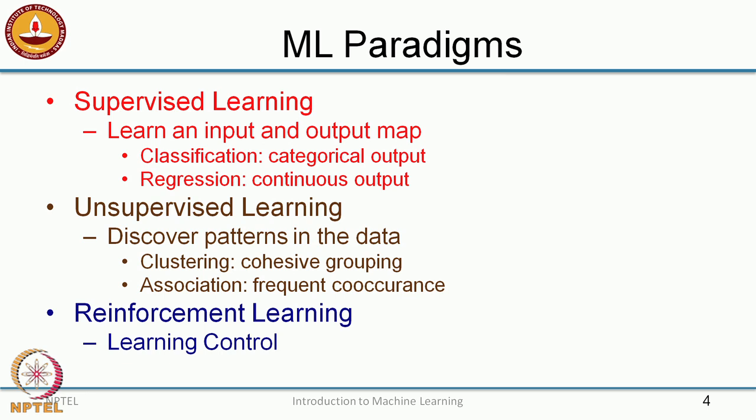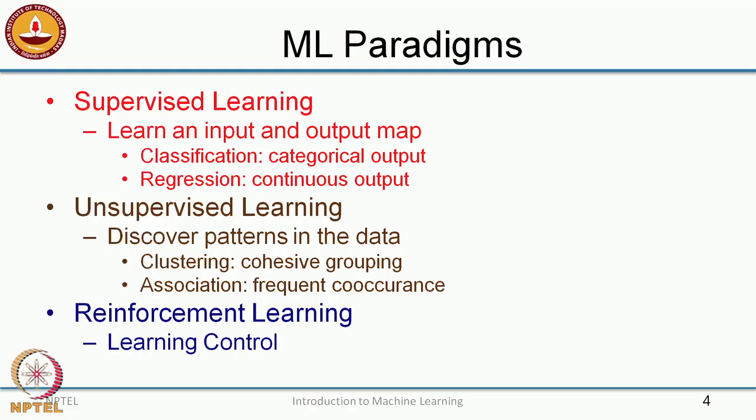is supervised learning, where you learn an input to output map. So, you are given some kind of an input. It could be a description of the patient who comes to the clinic, and the output that you have to produce is whether the patient has a certain disease or not. So, you have to learn this kind of an input to output map, or the input could be some kind of a question, and then the output would be the answer to the question, or it could be a true or false question. I give you a description of the question, you have to give me true or false as the output.